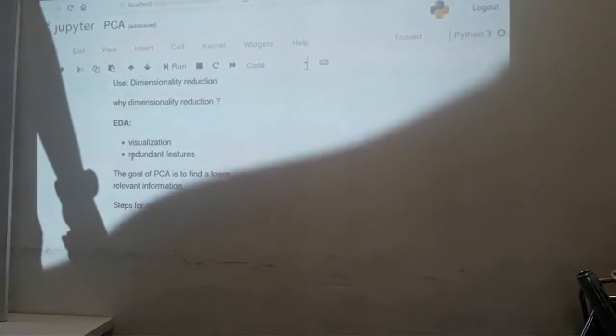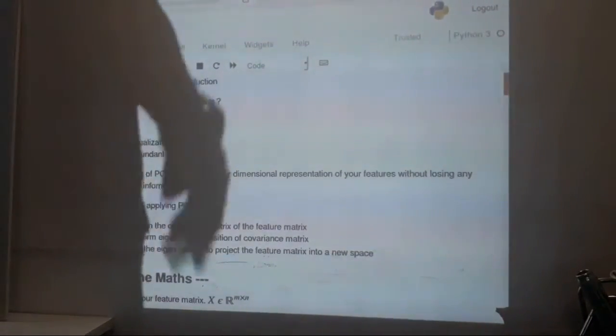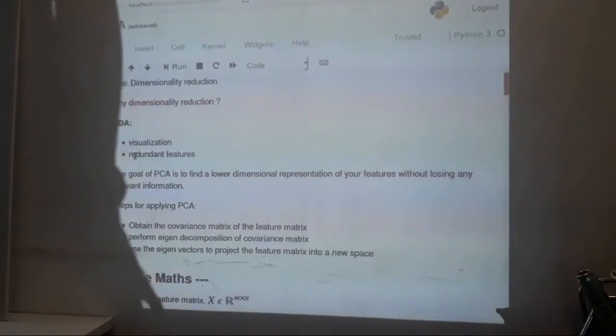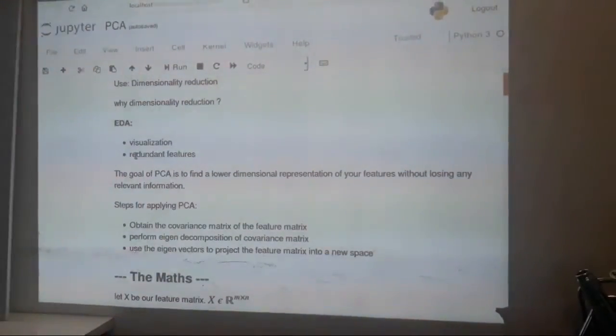Then there's also one other thing. You can also have a redundant feature. So let's say you have a data set. You can also have a redundant feature in the sense that you having a data set of like, let's say 3 features, where one feature is dependent on the other. So meaning that the third feature is actually redundant. For example,